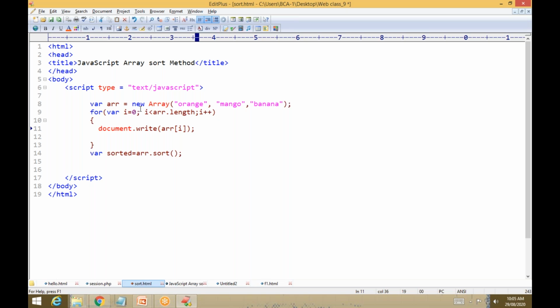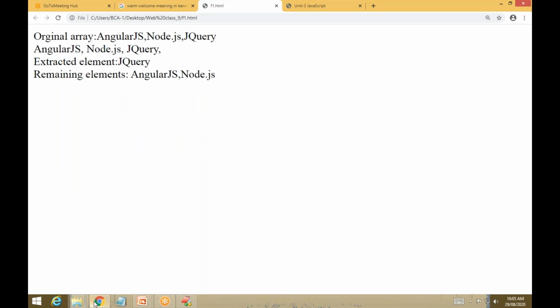Then semicolon. If you want to print on a new line, give a plus and within double quotes write a break tag, because it is embedded in HTML. Then save. First I want to give a comment like this. Save. Now I want to execute this one. You see this, the sort.html.